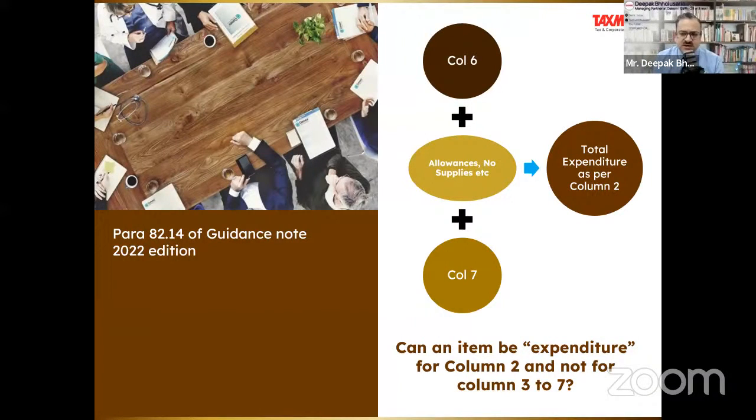Some say you should not disclose those exclusions in column number 2 also. So if you are taking that kind of position, again, I will suggest please disclose it, because it is not as per guidance note. And being a chartered accountant, we all know that we have to follow guidance note in totality. If we are going in as an exception to guidance note, we should disclose the reason behind that exception.